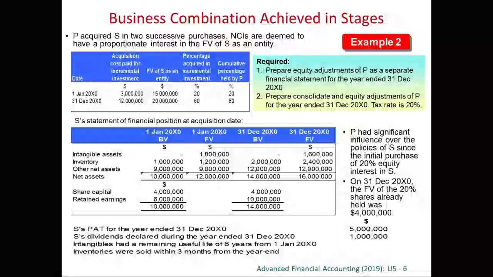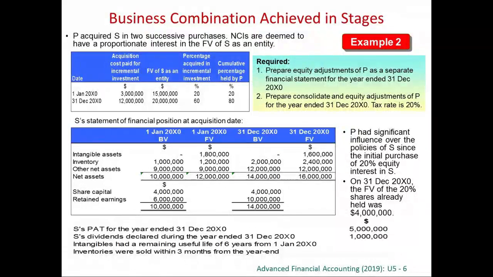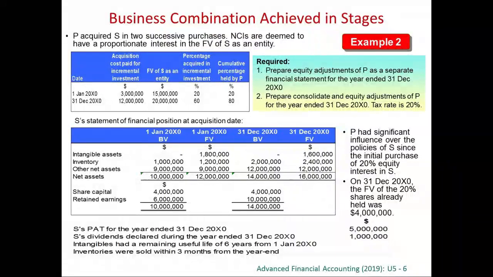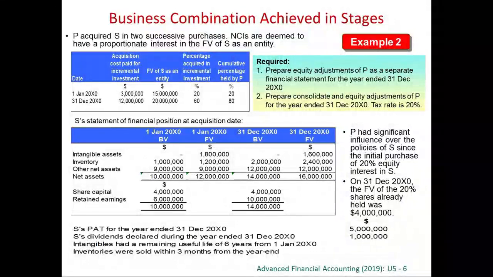So fair value of net asset is not the same as the fair value of a company. Here we are asking for the fair value of the company as a company, as an entity. So this is not the fair value of the net asset. So this is not partial goodwill method. Okay, later we can verify, of course, because later we can calculate the goodwill for NCI. So you will understand that the goodwill for NCI is not 0. Therefore, we are not using partial goodwill method. Anyway,